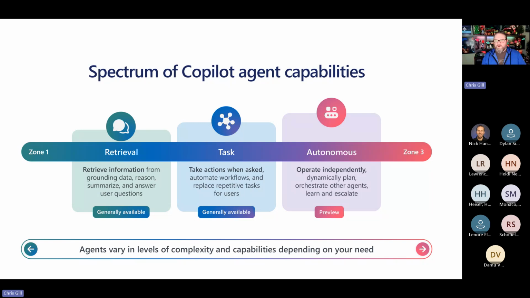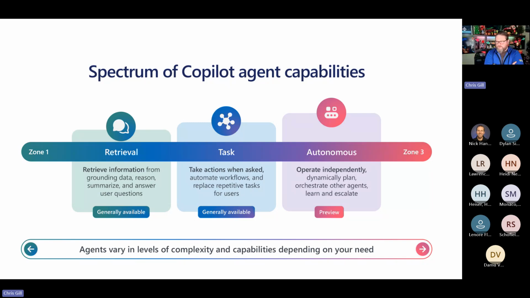I equate that to a Q&A bot, for folks who worked with Power Virtual Agents or other tools prior to Copilot Studio. Then we have task agents, which take action and automate a workflow, replacing a repetitive task. They are far more capable, but also more impactful for your business.